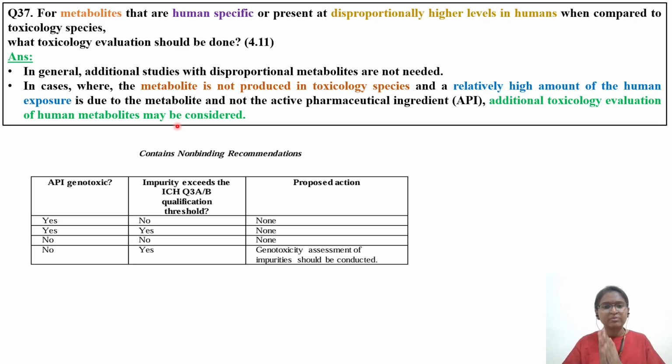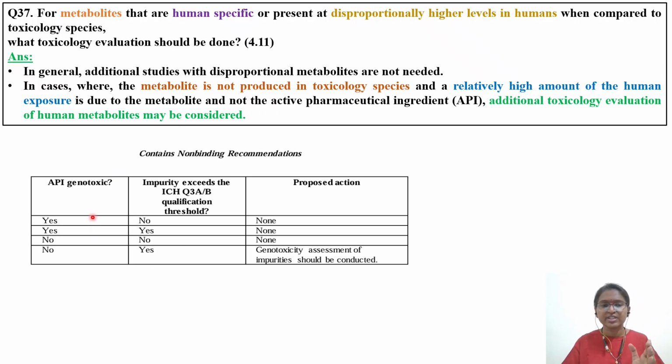So one more thing before going to the next question, number 38. This is a table given in the ICH S9 guideline only. Next two slides we will be discussing the impurities, how to handle impurities in the case of ICH S9 guideline, and we'll be correlating whenever we are reading ICH S9, ICH M7 as well as ICH Q3A as well as Q3B guideline. So here they have given one table on how to qualify the genotoxic impurities. Very quickly I'll run through.